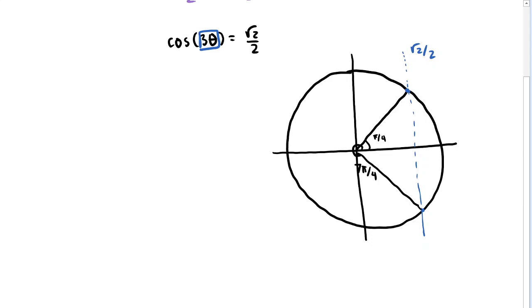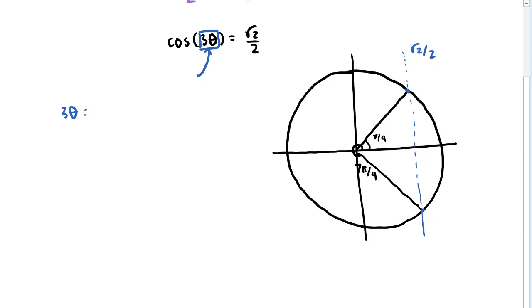And so, these are two angles whose cosine gives us the square root of 2 over 2. And any coterminal angles to these two would also give us the square root of 2 over 2. And so what we're saying here is that 3 theta should bring us to these angles, so that when we take the cosine of them, we'll get the square root of 2 over 2. Right, so we're saying that 3 theta,